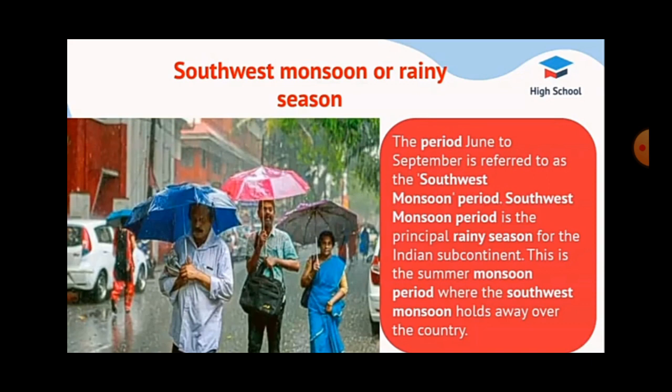The monsoon wind strikes against the southern tip of the Indian landmass and gets divided into two branches. One is the Arabian Sea branch, the next is the Bay of Bengal branch. The Arabian Sea branch of the southwest monsoon gives heavy rainfall to the west coast. The other part, which advances towards the north, is obstructed by the Himalayan mountains and results in heavy rainfall in the north.